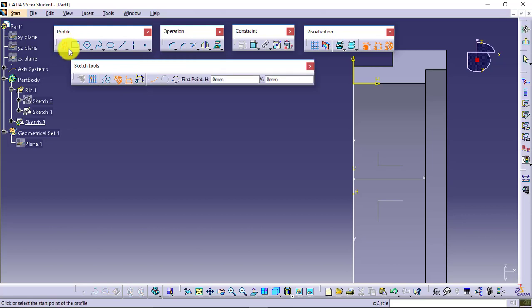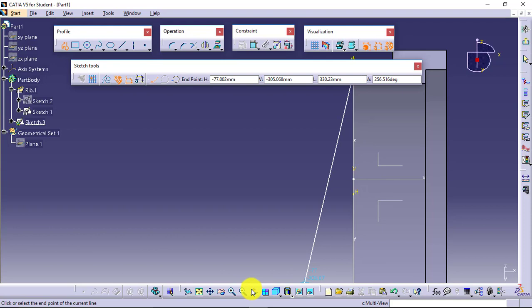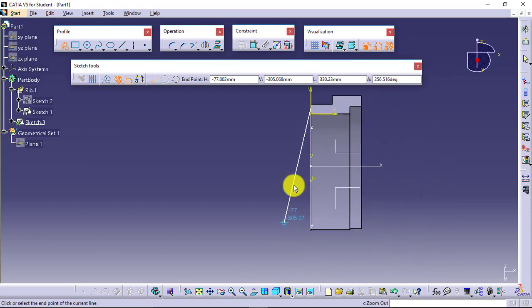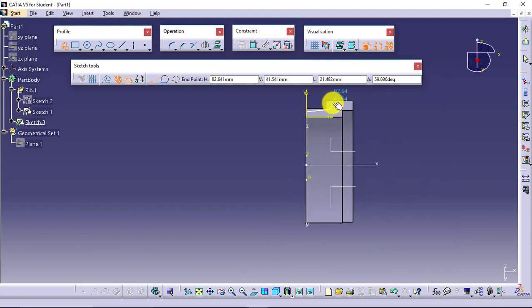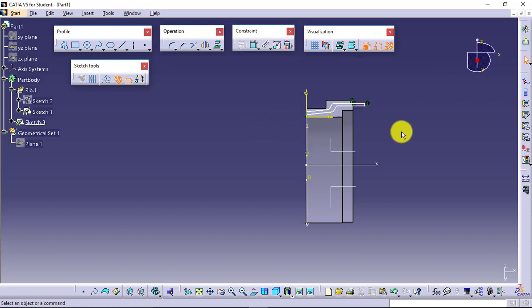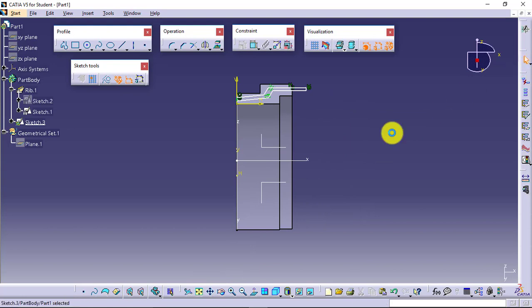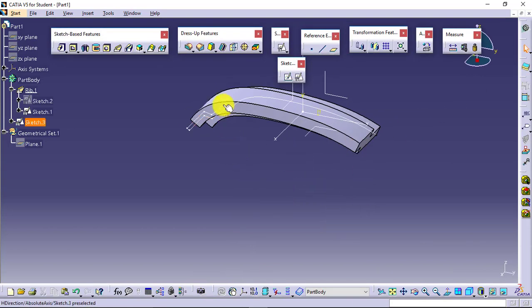This time the sketch would be like this. This is what sketch I have created. Exit. Using the same path, I have created another profile.